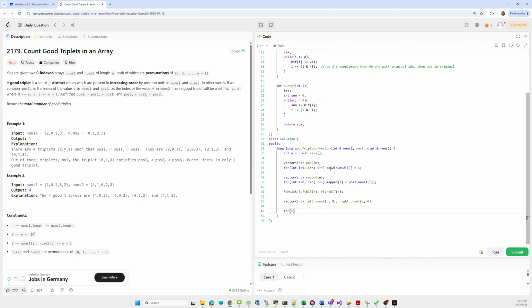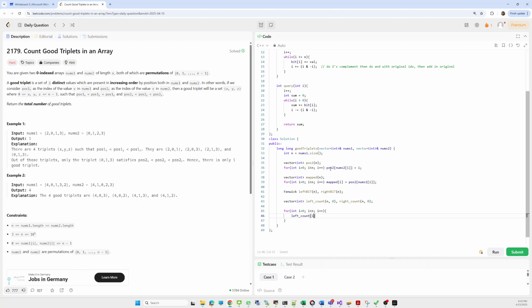First iterating from the left, int i equal to 0; i less than n; i plus plus. First we have to check for the current index, I equal to 0. So first we will count all the left elements